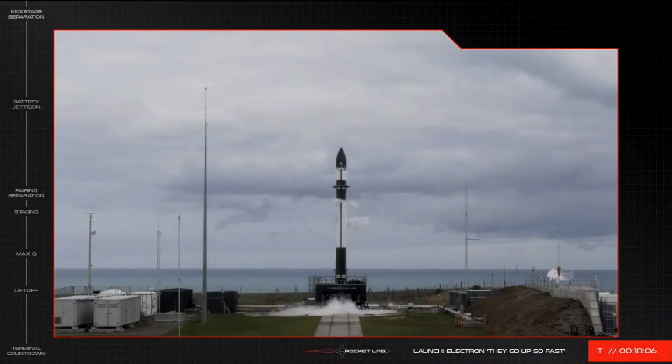Hello and welcome to the launch broadcast for They Go Up So Fast, Rocket Lab's 19th Electron mission. It is Tuesday, March 23rd here in Auckland, New Zealand, where we're joining you from Rocket Lab's Mission Control Centre. We're in the final minutes of the countdown to liftoff from Launch Complex 1, currently scheduled for 11:30 New Zealand